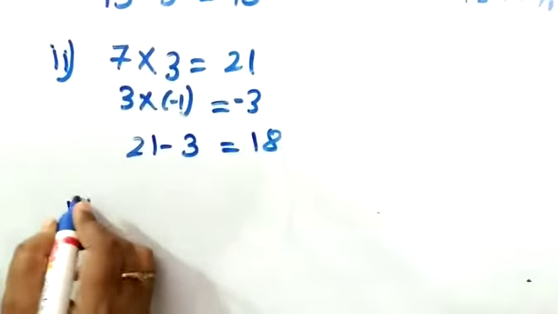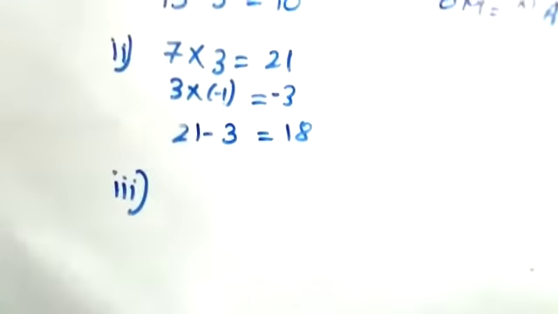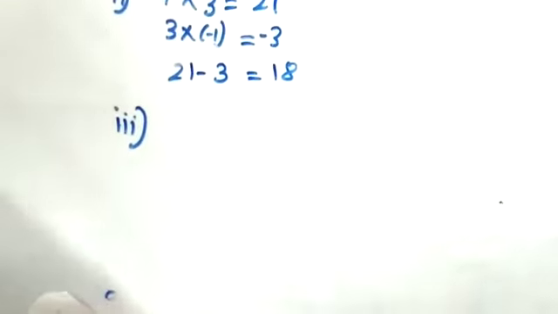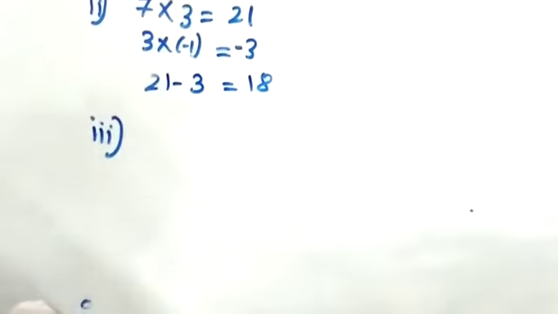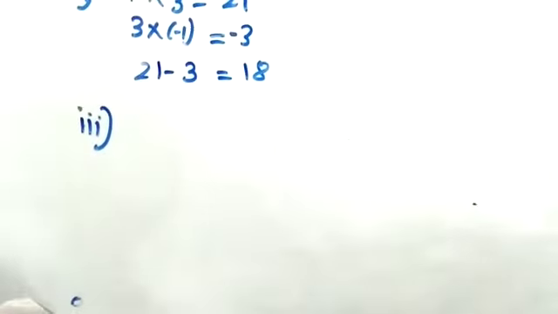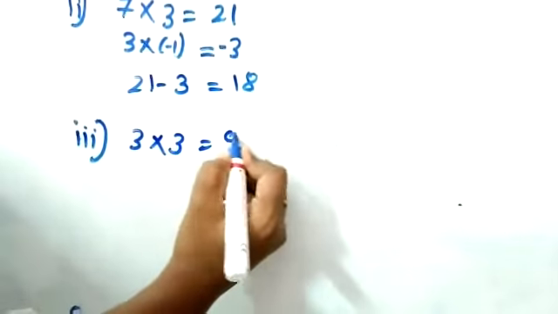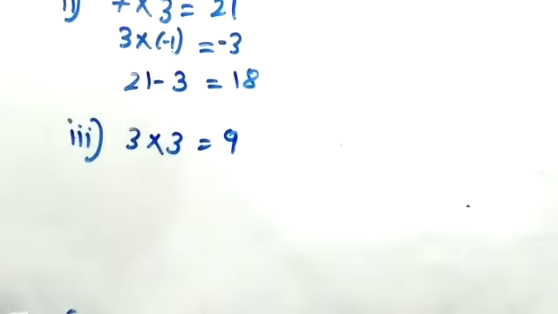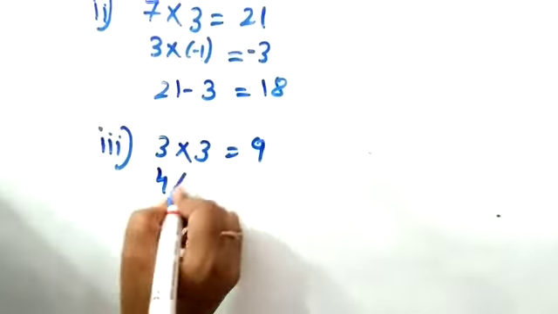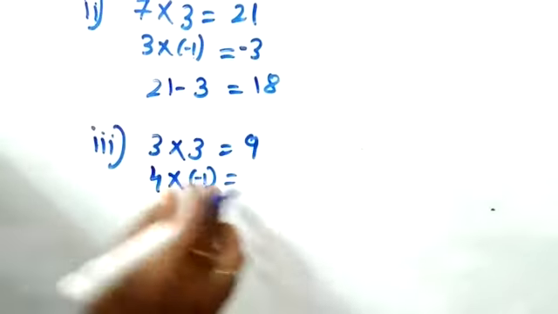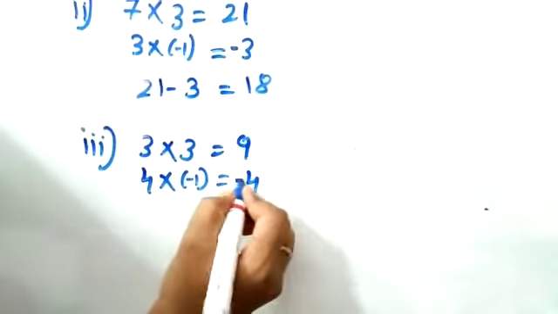Now next is your third one. Rashmi gets 3 correct and 4 incorrect answers out of 7 questions she attempts. Now what is her score? Out of 10 questions she attempted only 7 questions, but in that 3 are correct. 3 are correct means 3 into, for correct how many are they giving? 3 marks. 3 threes are 9. Now next what are they telling? 4 are incorrect. For incorrect what marks are they giving? Minus 1. So 4 into minus 1. 4 ones are 4 and plus into minus is minus sign.